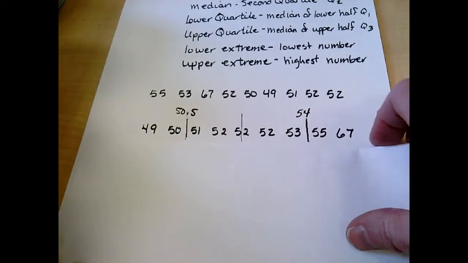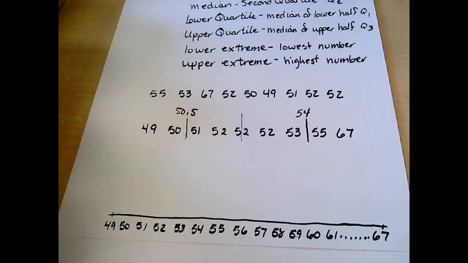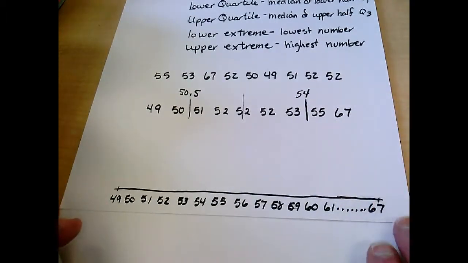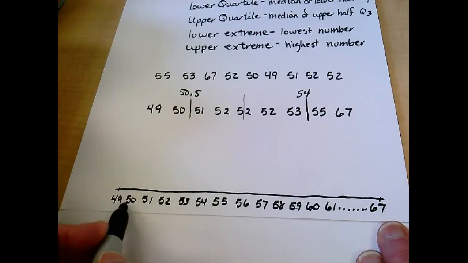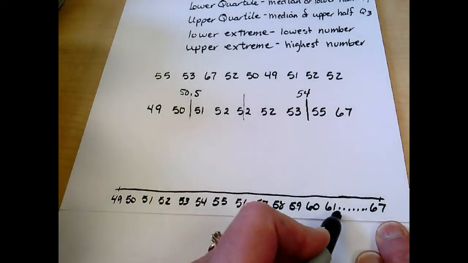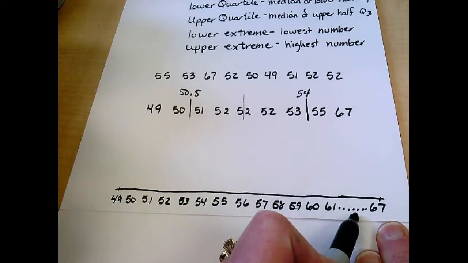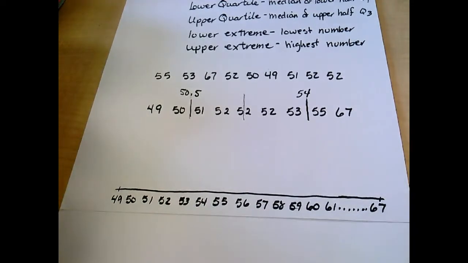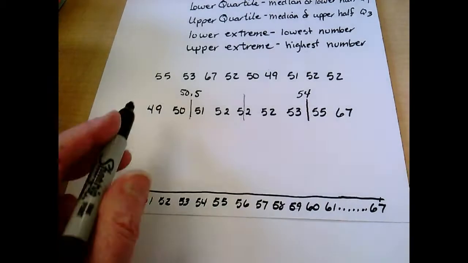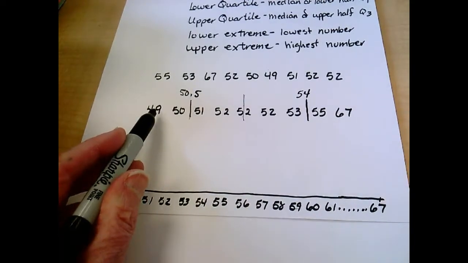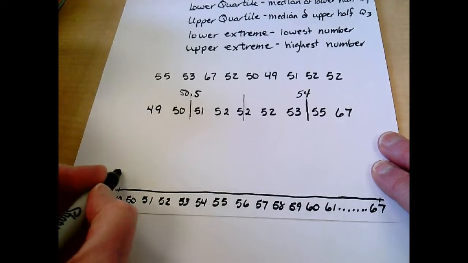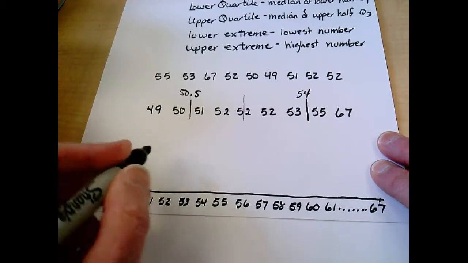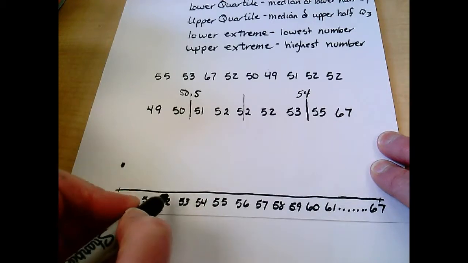So then to actually do the graph, I have to put a number line. So I write all my numbers down in order. I did get lazy here, and dot, dot, dot until 67. Hope you can deal with that. So my lower extreme is 49, so I go up a little ways and I put a dot at 49. At 50.5,